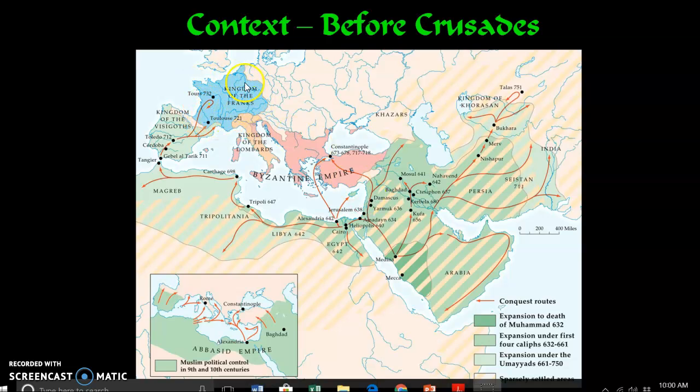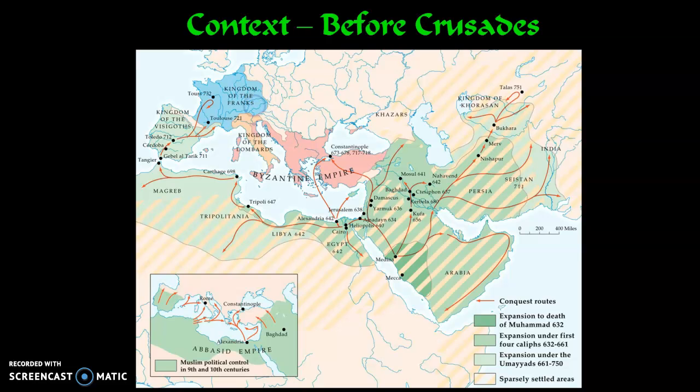We also have the kingdom of the Franks, which is Charlemagne's old kingdom. After 800 or so, it is not going to be very politically unified. There's a great deal of political winding down and political chaos. So even though we're going to see Europe get economically stronger during the time period after the year 1000 into 1100, and the economy and trade will start to pick up, there is not necessarily a great deal of political strength. And one of the reasons we see the church involved in the Crusades is due to that. So that's some of the background of the changes in the 600s, 700s, and the 800s, okay?